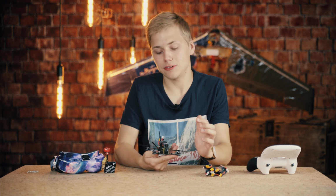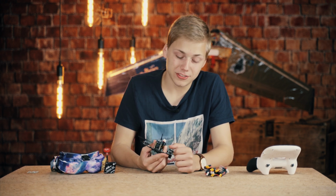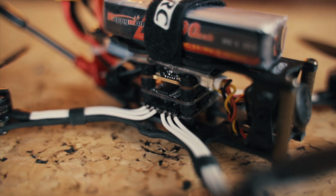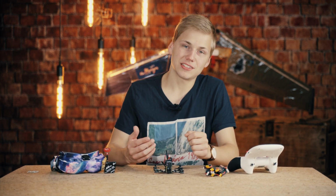So I of course got the version without the receiver. You can get this one with the FrSky receiver. It's pretty annoying that they don't ship it with any other than FrSky, but you can pretty easily install your own receiver. So I went with the FLI14 Plus receiver. That's a pretty new receiver from FlySky, and of course it has support for the Turnigy Evolution. What's nice about this receiver is that you can also get telemetry,